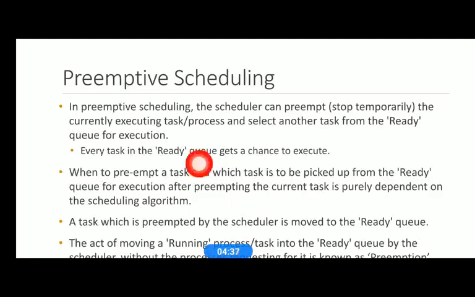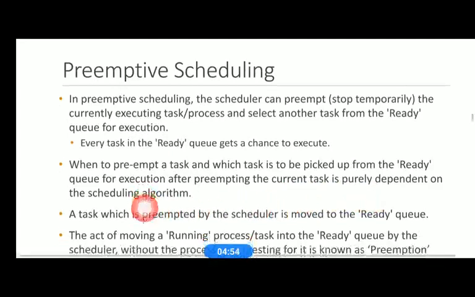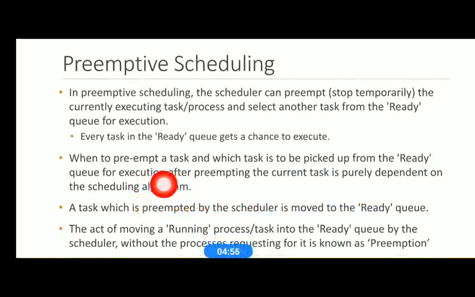When to preempt a task, and which task is to be picked from the ready queue for execution after the current task is preempted, is purely dependent on the scheduling algorithm, right? The task preempted by the scheduler is moved into the ready queue. So when it is forcefully preempted and its execution stopped, it goes to the ready queue.